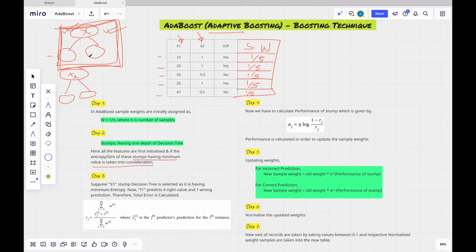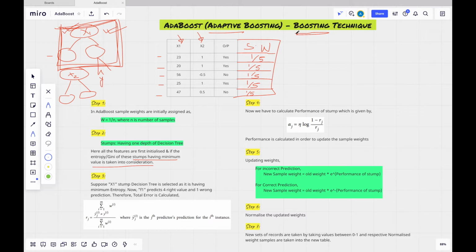It will give a particular prediction, we will get a y hat value. As we have discussed in the boosting technique, we have to consider incorrect predictions in order to create a new model.